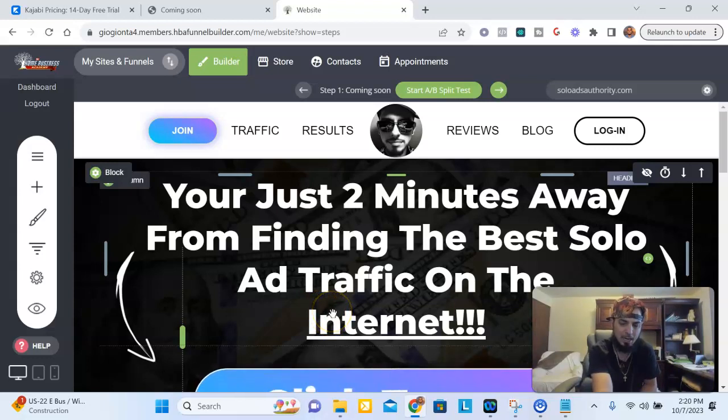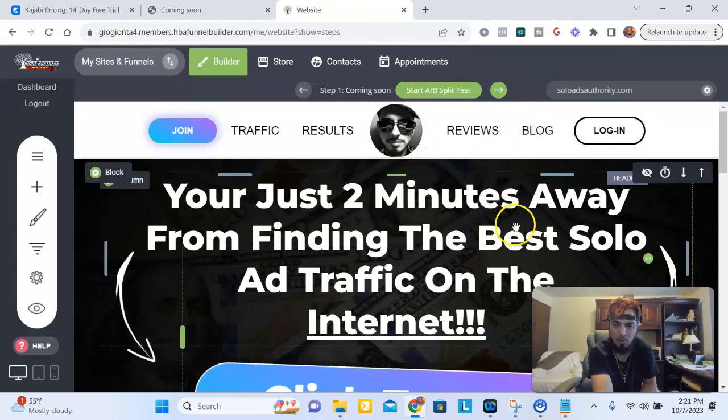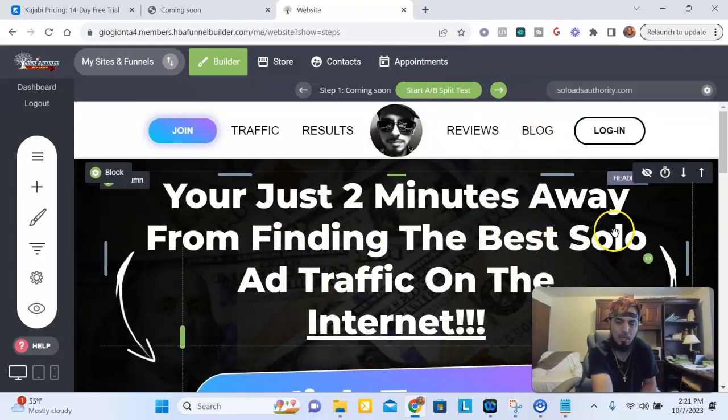You can also track every lead that comes within your builder on a lead level. So it goes into your Aweber or GetResponse. You would know where every lead is coming from, like on Facebook, on YouTube, if you're getting solo ad traffic to your offers. No matter what kind of traffic you're getting, you would know where it comes from on a lead level, because you can set up a source code and you would know where the lead's coming from just by using this builder, right? You would have to set that up, but pretty much when people opt into your capture page, they would opt in through a coded link that would pretty much tag them and where they came from.